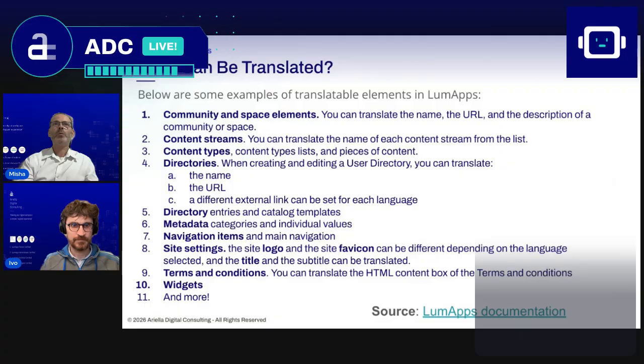Going forward, what can be translated in LumApps? These are some examples of things that can be translated: community and space elements. We're not talking about things translated using the Google translate API on posts or content. We're talking about things that can actually be hard coded in the back. For example, we can translate the name of the community, the community base URL, the description of the community, content streams, and the platform settings